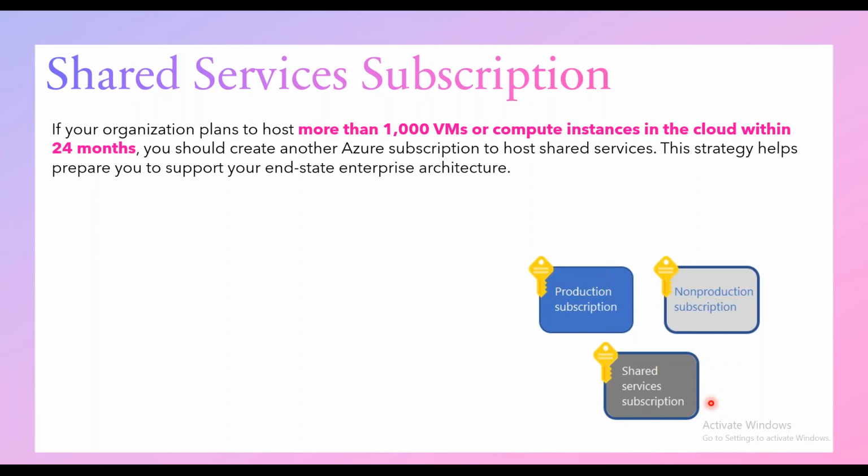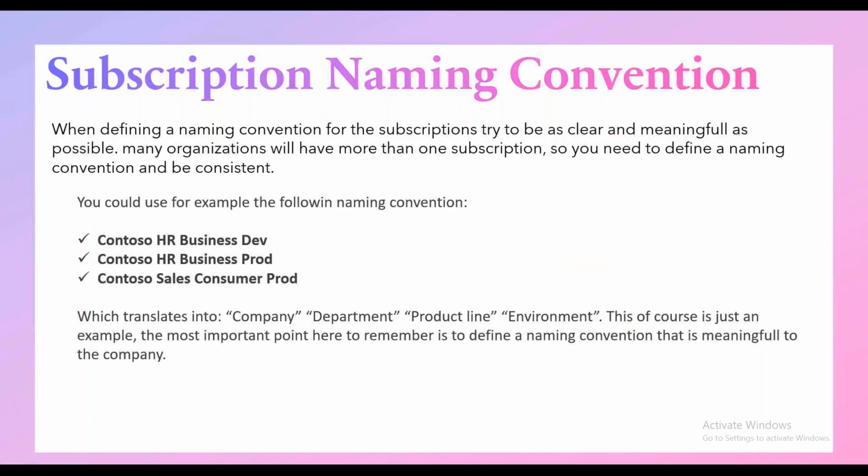Even the shared files or the file transfer services, you can host it in the shared services subscription. So this is another model where you can have production and non-production, but in addition, you can have a shared subscription also. Okay, so next, when it comes to naming a particular subscription, there is no hard and fast rule, but what I would suggest is to just have the company, department, product line, and environment covered